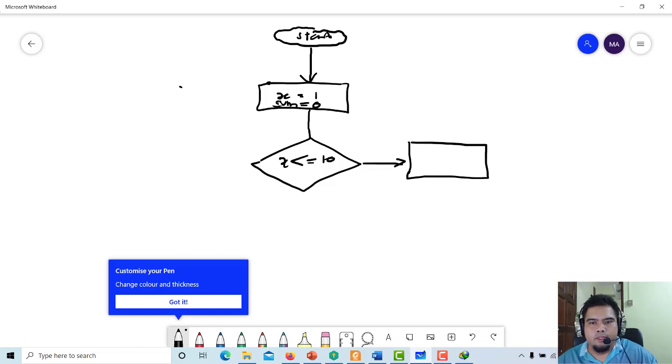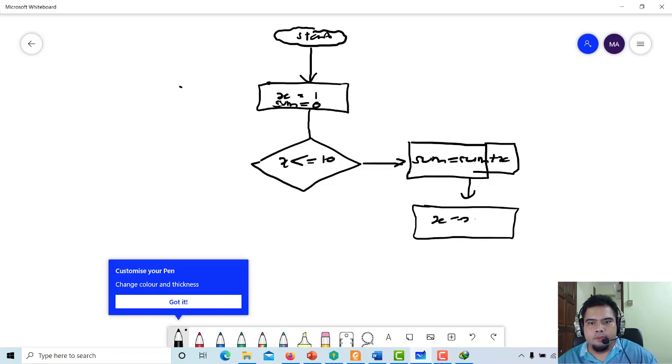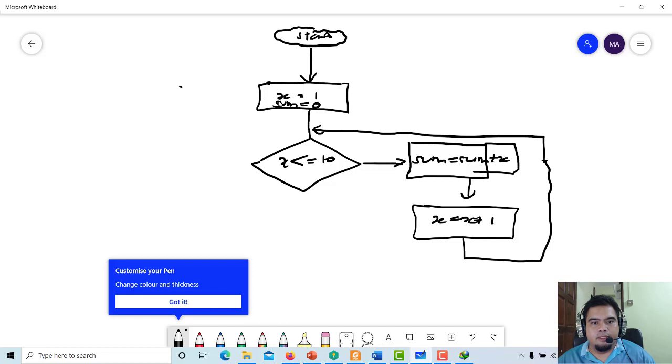And then in this step we just do sum equal to sum plus x. Just assume that this rectangle is extended, and then of course you need to do the x increment operation, x equal to x plus 1. When you do the increment there, the line will go back to this part. So if x is still less than or equal to 10, it will execute this instruction again. But if x is more than 10, then